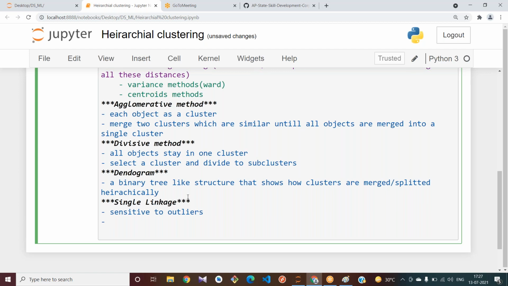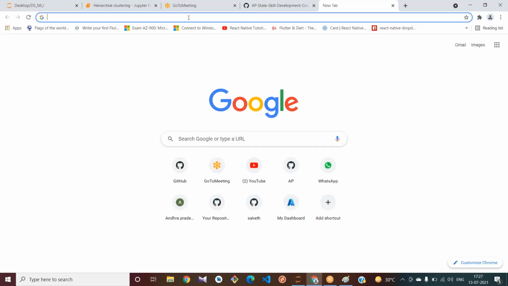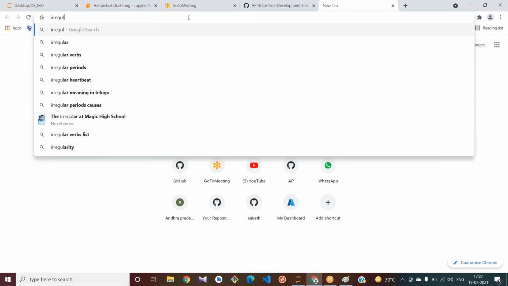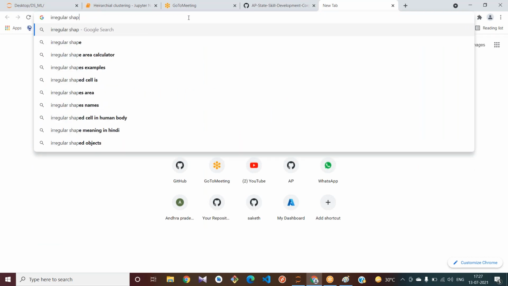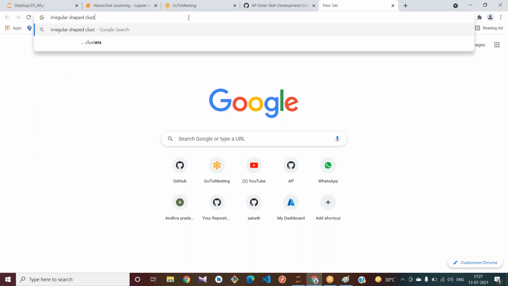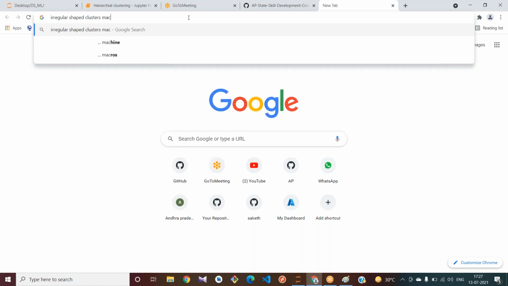But the advantage here is, although it is sensitive to outliers, when using single linkage you can find irregular shaped clusters.